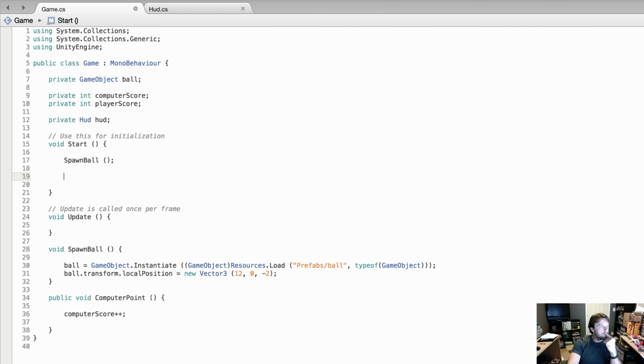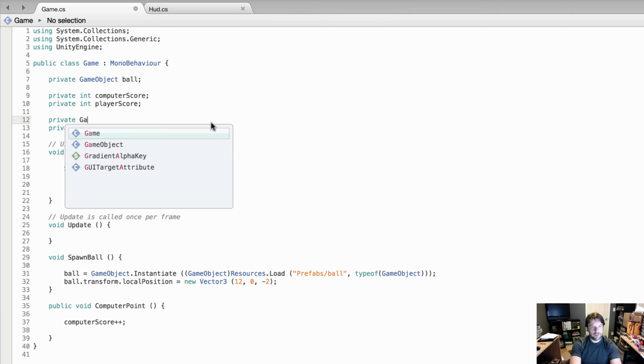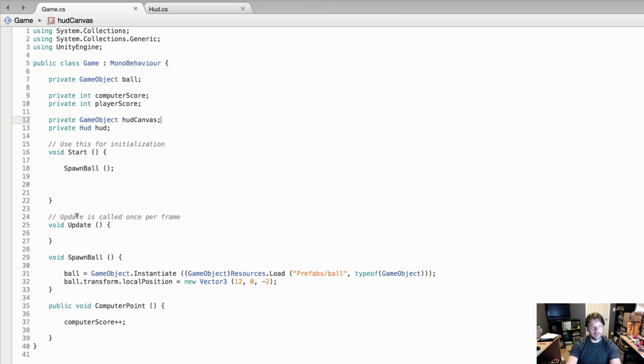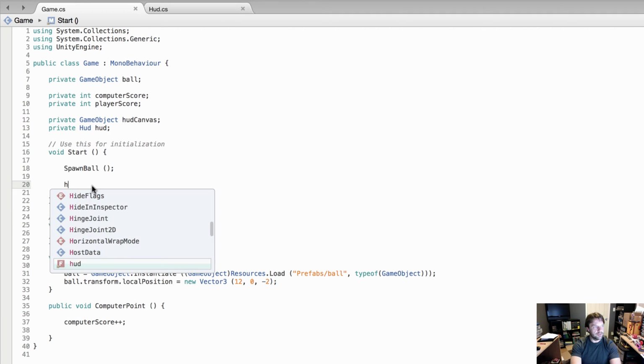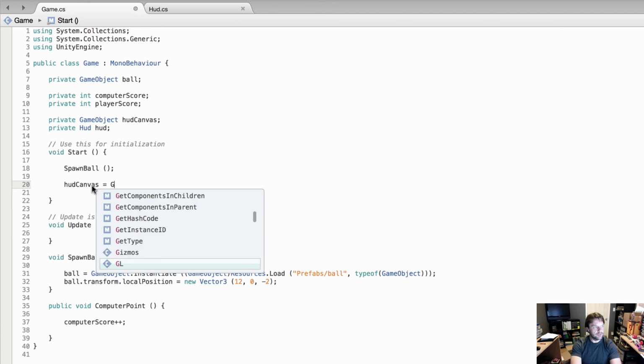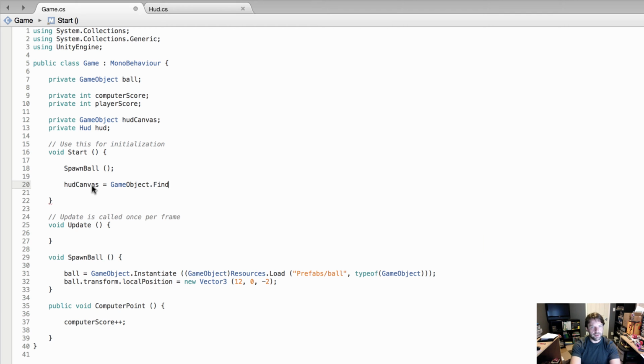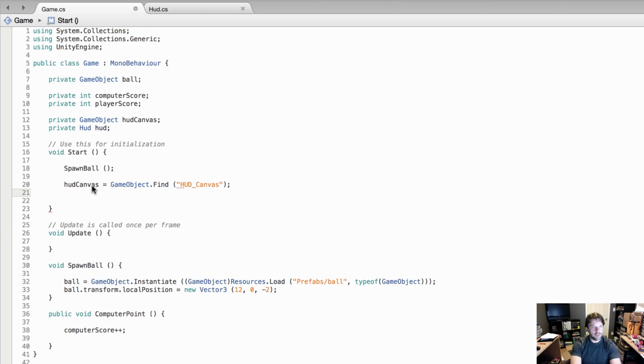What am I doing here? We're going to create a game object also. So game object, and we're going to call this HUD canvas. Alright, so that's the HUD canvas. And then we're going to say HUD canvas equals game object dot find, and we called it HUD canvas. Okay, so now HUD canvas is our game object that contains a reference to our HUD canvas, and